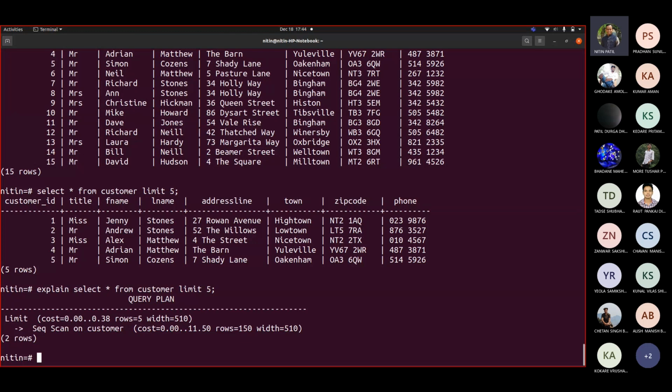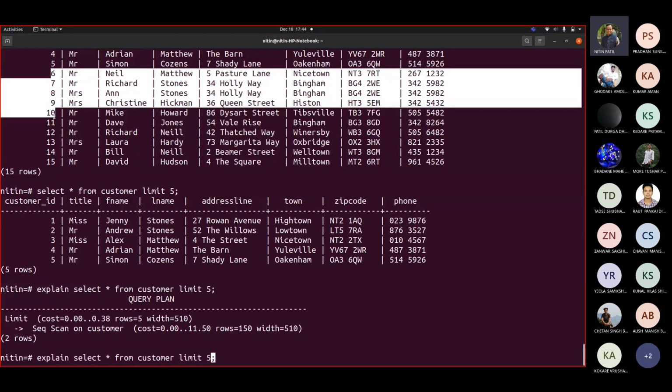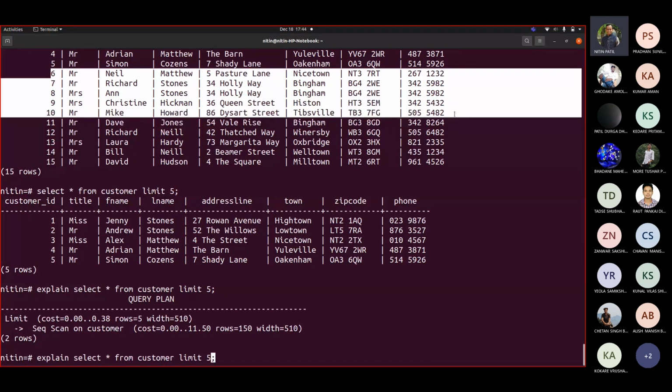Now, if I want to skip the first 5 and show the next 5, so from 6 to 10, I could have written where customer ID is greater than or equal to 6 and customer ID less than or equal to 10. So I could have got these records, correct? But if I want to do that without writing any condition, I write offset.